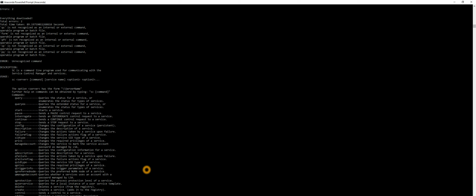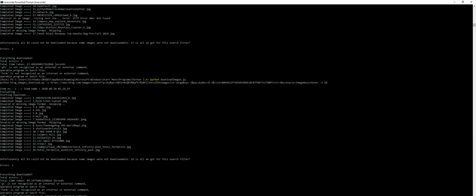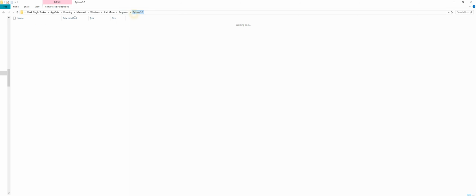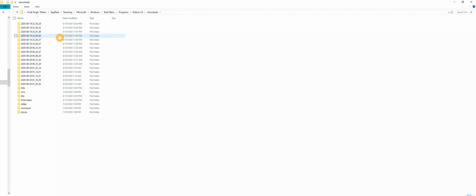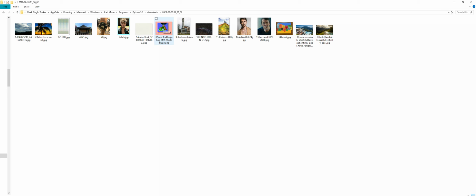Now if you see, we have run that program, no? So it goes till 100, 83 it downloads out of 100, it tries 16, okay, and it got errors, these two errors, invalid or missing image format, and the rest are getting downloaded. And how to see, you will have a download folder like in Google Images. And the last one, this is the one, the sky, which we are talking about.